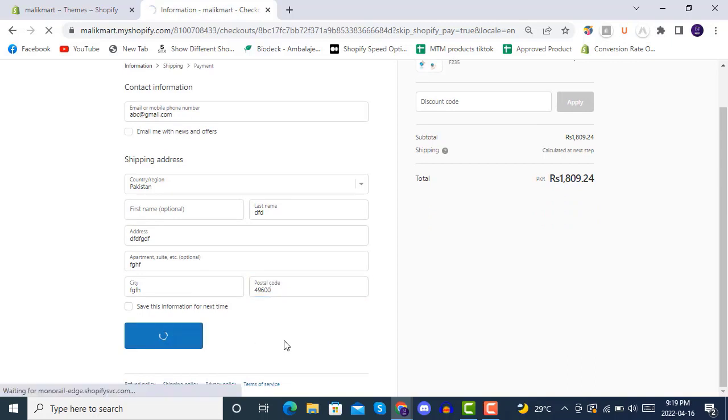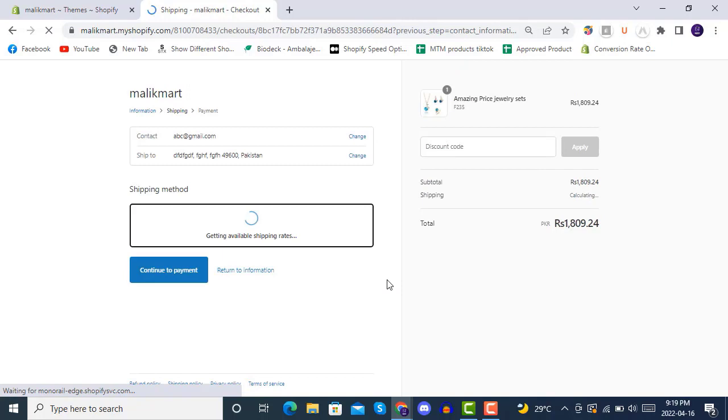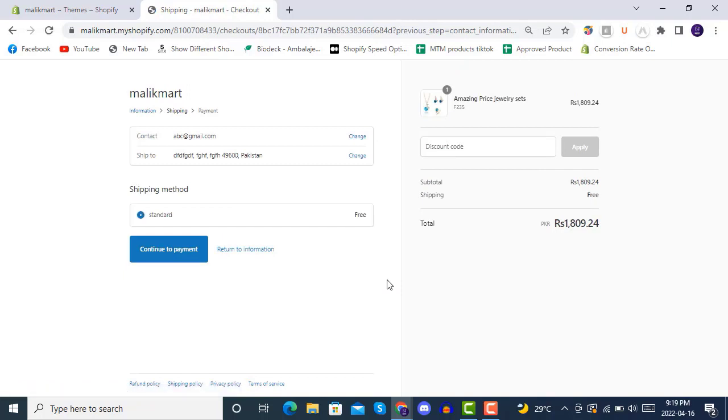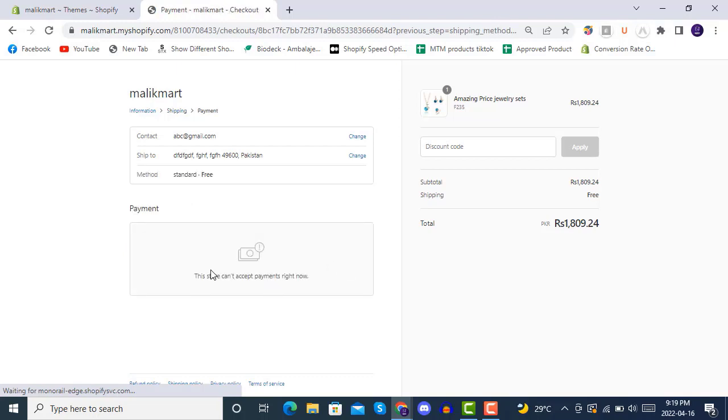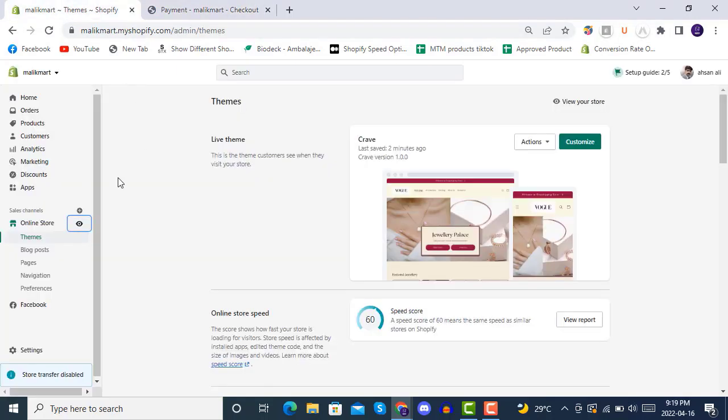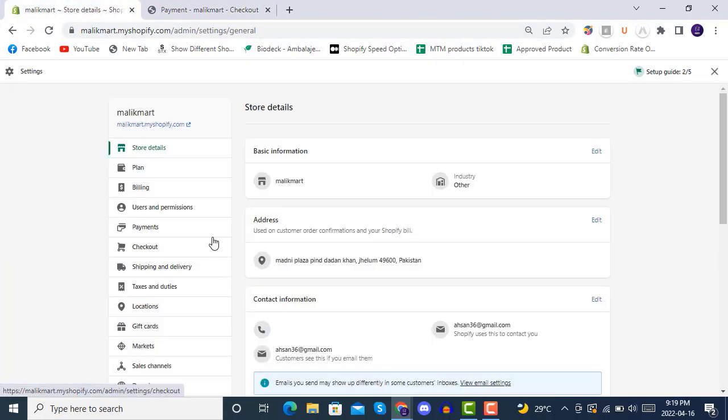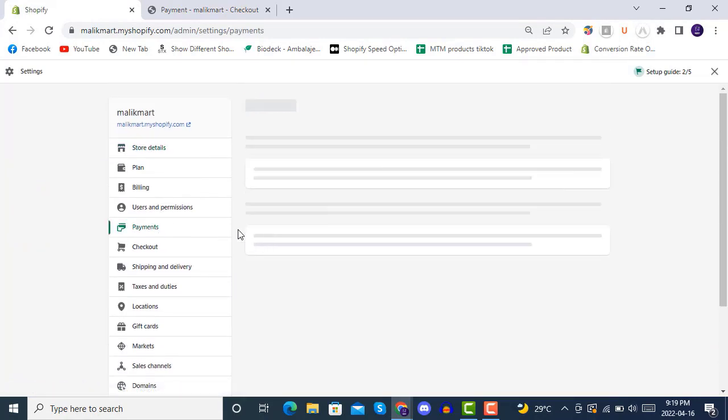And when you click to continue shipping, you will see that your shipping rate must be available for all countries, and you can continue to payment once you have set up the payments, because our store is not accepting payments, because we haven't set up the payment inside the settings in the payments option,